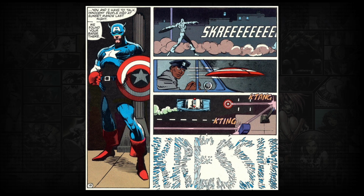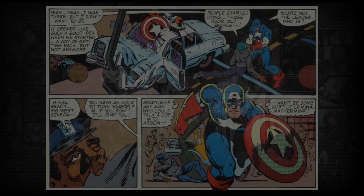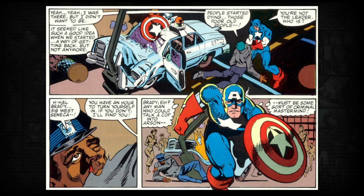Yeah, it is great. Oh my God. We see the next page. What is happening? Captain America's shield is embedded in the dash, or the roof and the front of that car, and the car's just smashed into a light. I mean, Cap destroyed that car. Oh yeah. And oh God, he's interrogating the cop there, and gets the information, the address of the leader,